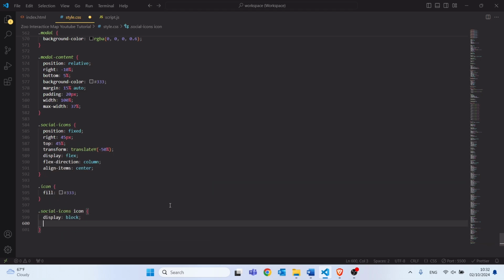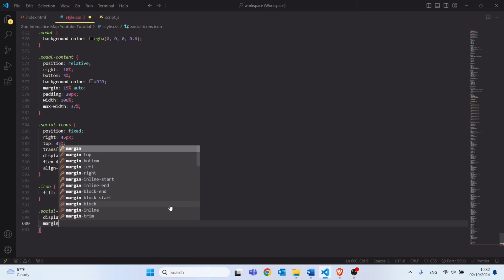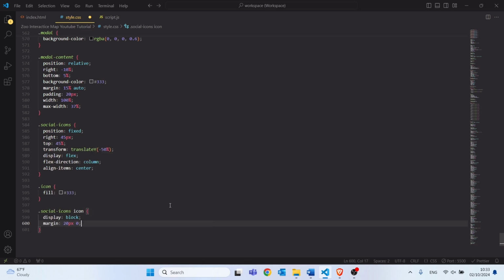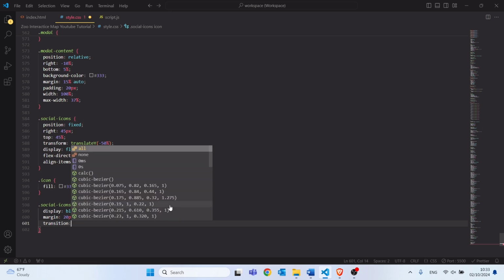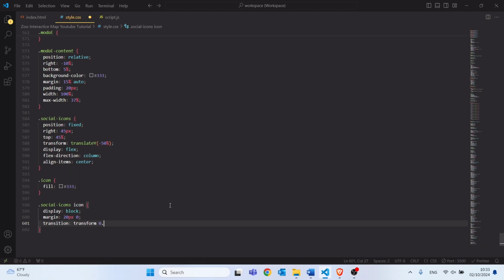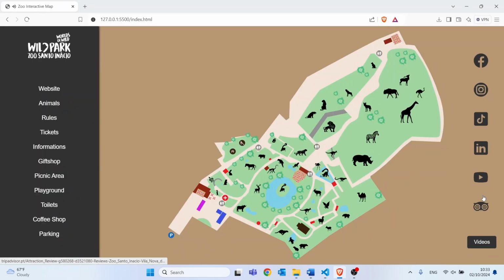Display will be block. Margin 20 pixels 0. Transition, transform 0.3s ease. Let me just correct this. The icons are now in the desired position, and now I will finish by designing the hover effect